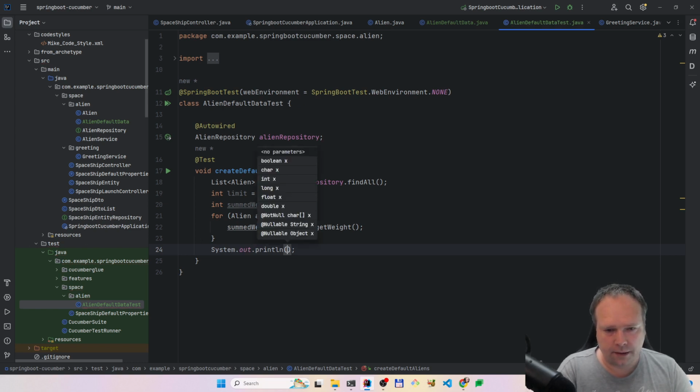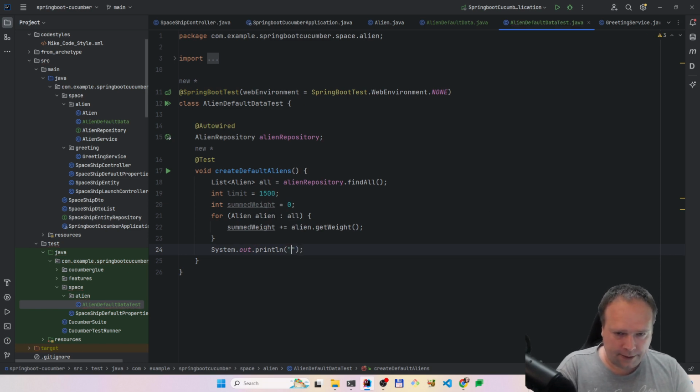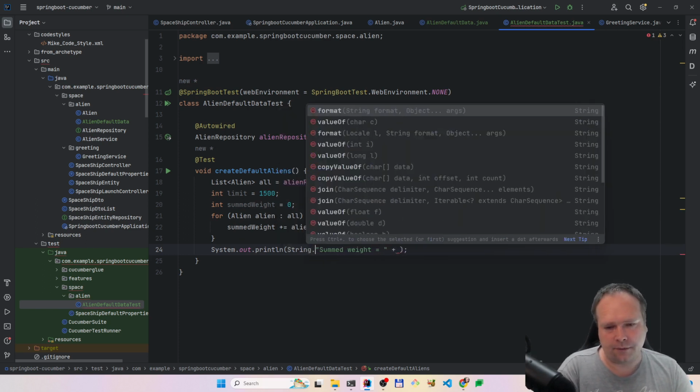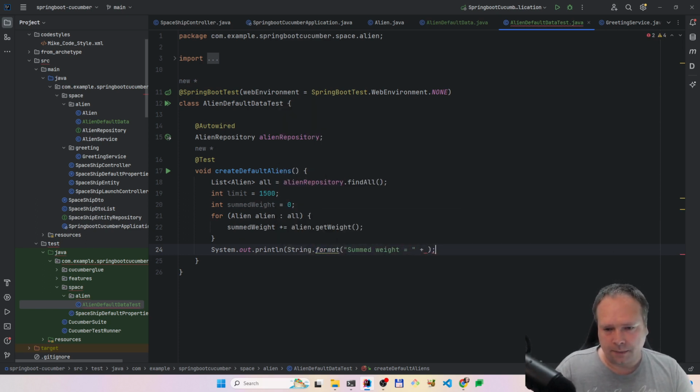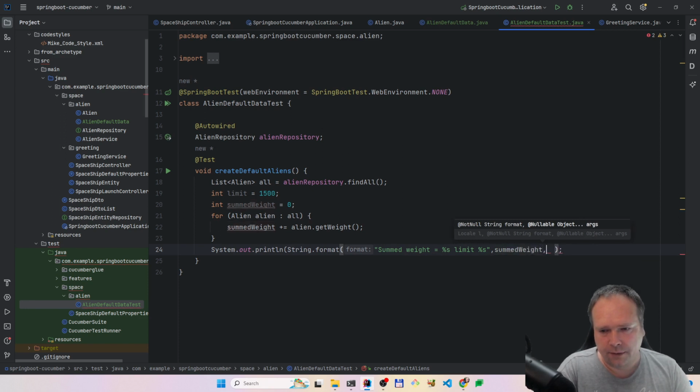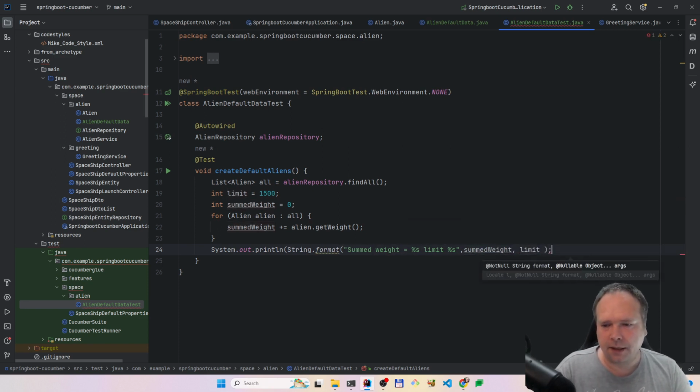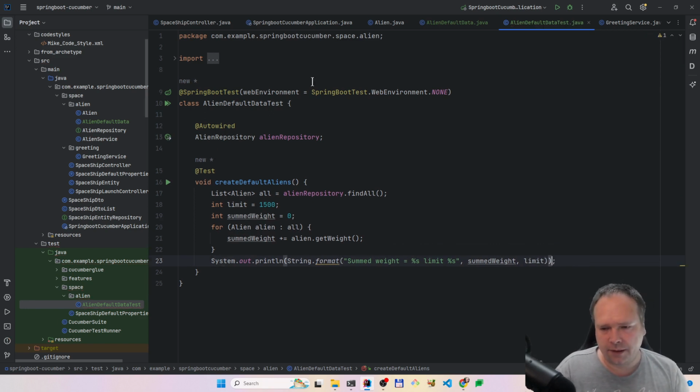And in here we can then say summed weight equal to. Of course, we could also use string formats. String.format. Let us use the string format actually. So then we have percentage s right here, and then we have the limit percentage s right there. So now we say that we want the summed weight, that's this one right here, and then we want the limit. As soon as you have more than two strings to concatenate, definitely use the string formats,